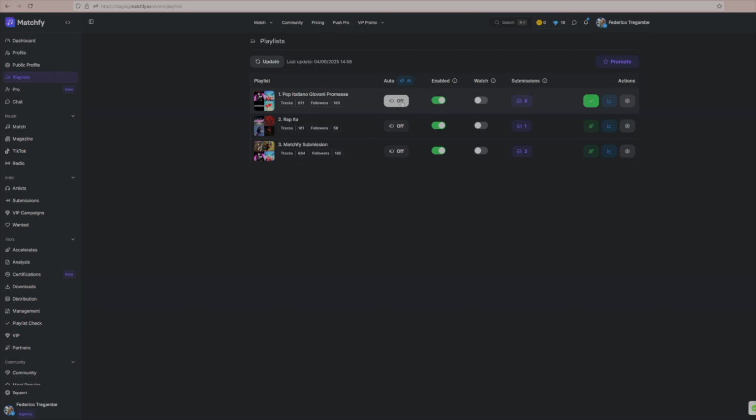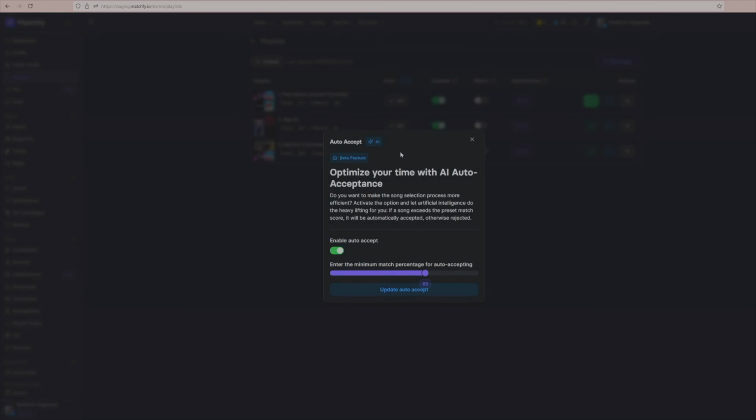The second thing, which is the most important, is to understand what is the Auto AI feature that we have on the platform. The Auto AI is a feature that we implemented thanks to an artificial intelligence. And what this does is accepting or denying requests automatically based on the match percentage. So what this means is that if you want to automatically receive submissions and automatically accept them or reject them,